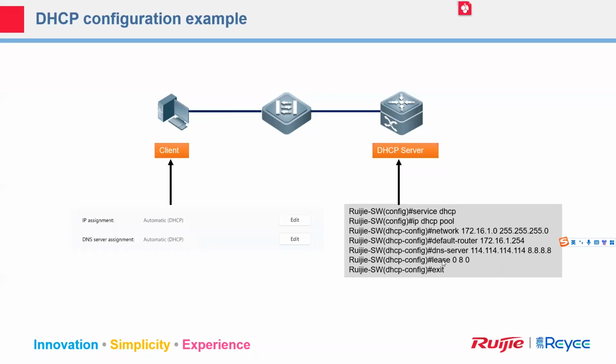And the next one is the lease time. 0, the first is the day, second is the hour, and the third one is the minute. So this command means after 8 hours, you have to ask the server to get an IP address again. Or maybe you ask the server, I hope to continue using this IP address. So this is a function. Of course, you can give different parameters in your real network. So here is the typical command on the DHCP server.